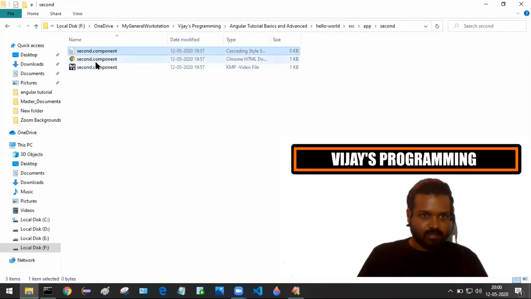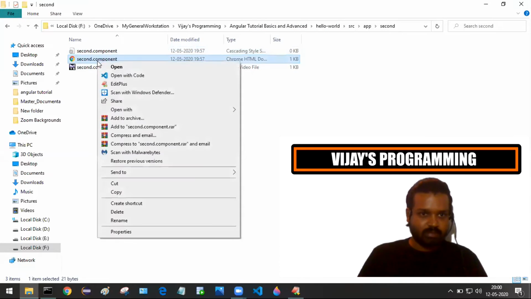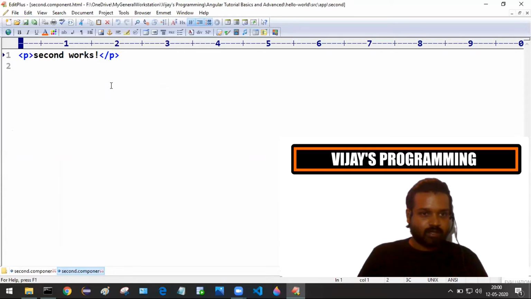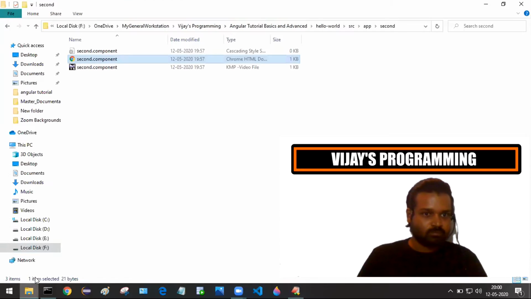Next file, that is the second.component.html file. What is the content available inside this file? We have "second works", okay. That is the content enclosed within the paragraph tag, okay.